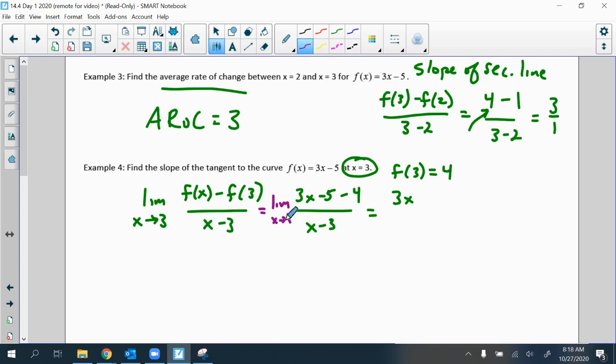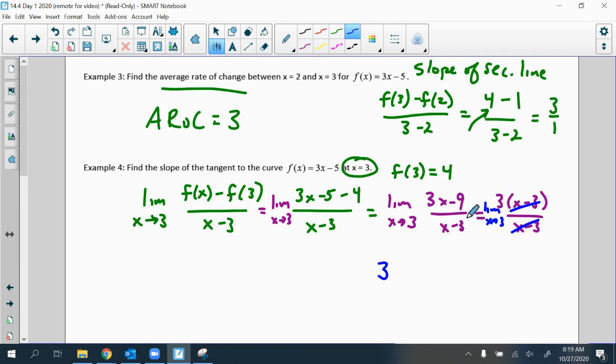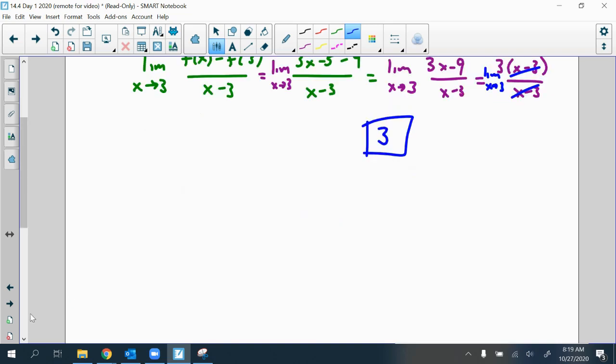Continue to write limit until you actually make the substitution. So that was my fault. So limit as x approaches 3, 3x minus 9 over x minus 3. I can factor out a 3 from the numerator. And again, don't forget to write your limit as x approaches 3. Now the x minus 3's cancel, and so I'm just left with 3. So the limit as x approaches 3 of 3, I don't have any x's to plug in. So this is the slope of the tangent to the curve